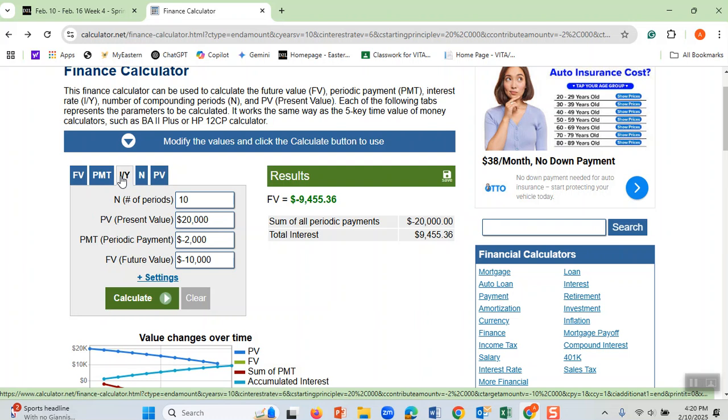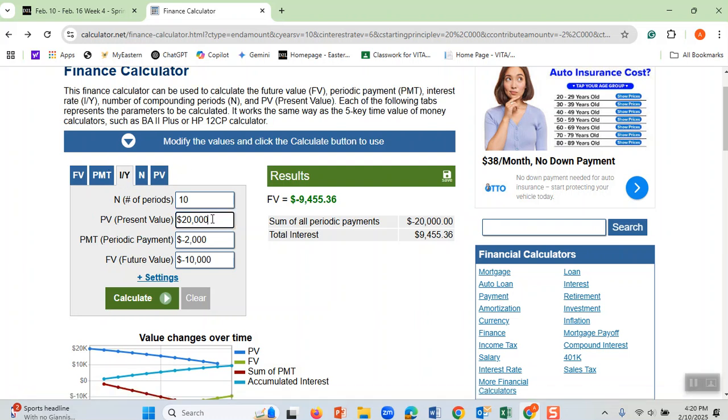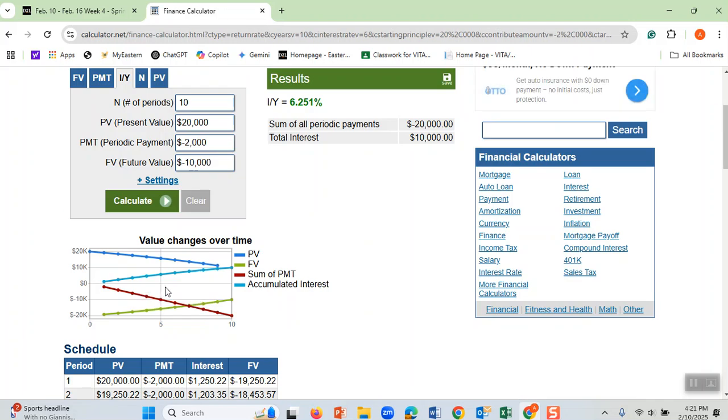It is that I go to the dealer and buy a car and tell the dealer that I need $20,000. The dealer tells me that, okay, you have to pay in 10 years, and I have to pay $2,000 every year. And after 10 years, I owe $10,000 to the dealer. When I click calculate, this calculates the rate of the interest for me. And look at here. The interest rate would be 6.21%, which means if the interest rate is